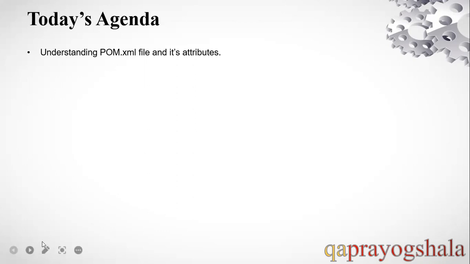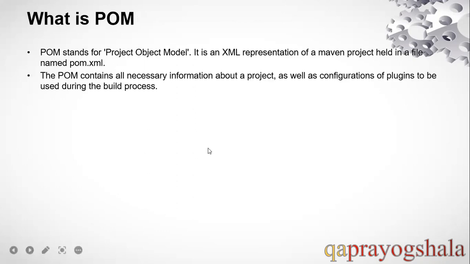POM basically stands for Project Object Model. It is an XML file, so the type of file is XML, and it contains all the information that we need while building any Maven project. During the build process we need to give certain configuration, so all that configuration lives within